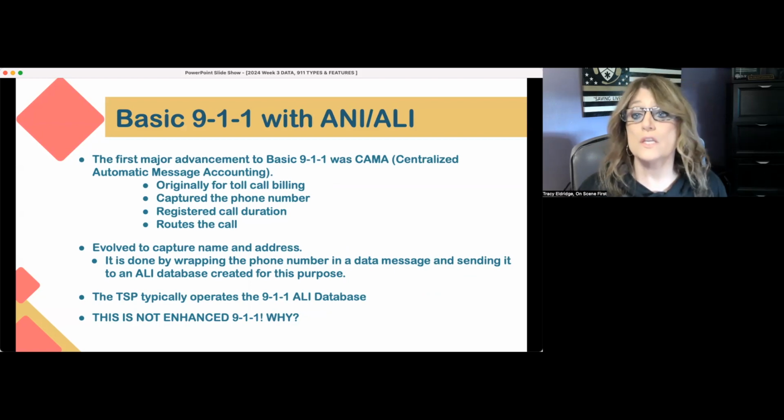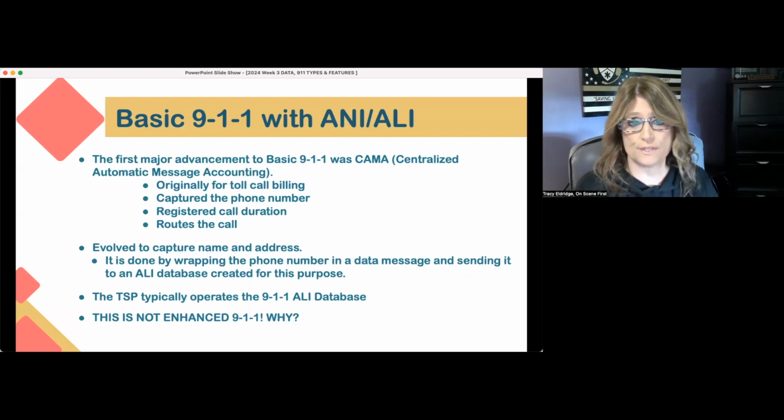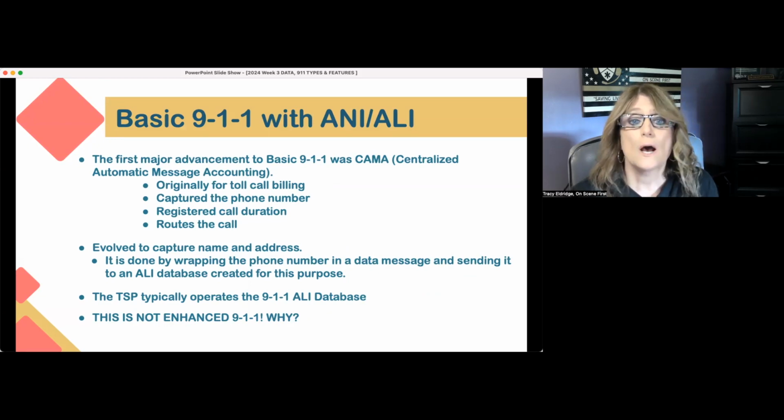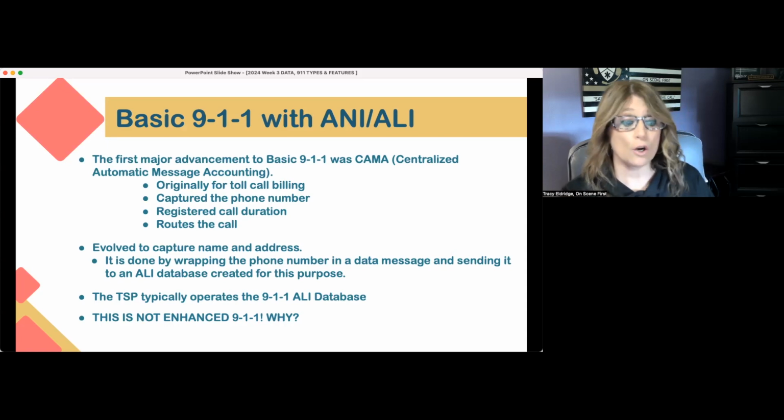And that was the use of CAMA to move that call through the system. So CAMA stands for Centralized Automatic Message Accounting. I'm sure you've heard the term CAMA trunks, and that's kind of referring to pieces of that network. Just so you know, we are going to go further into CAMA in another session, but